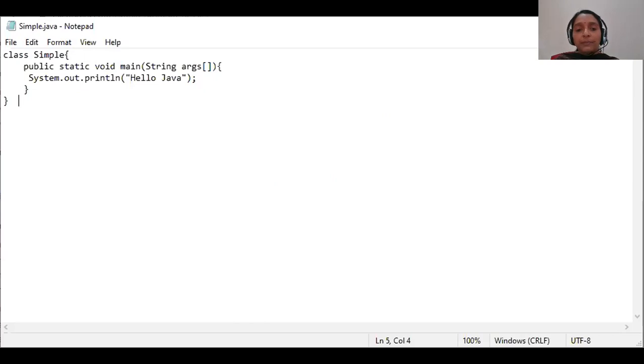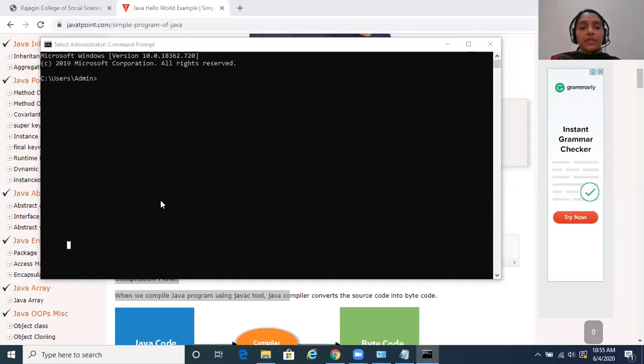To run the program, type CMD and take the command prompt. Hope you know how to take the command prompt. Just type CMD in the address bar. You will get the command prompt.